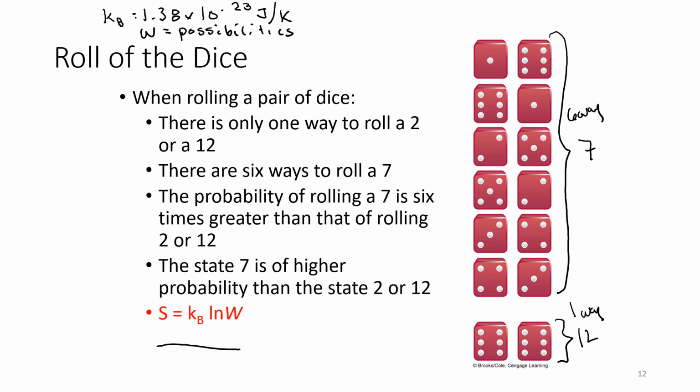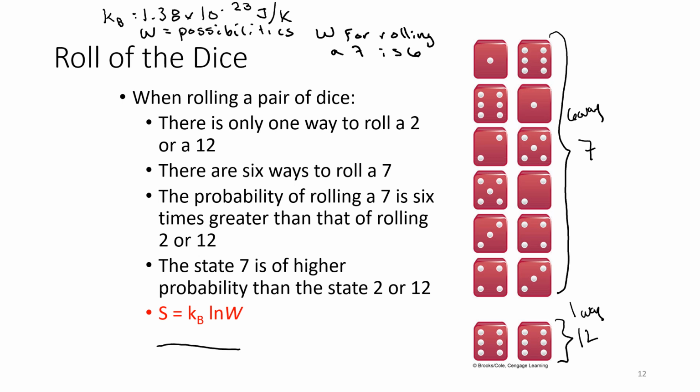All right, so what that means is that W for rolling a 7 is going to be 6, right? Because there's 6 different ways that I can do that. So what I'm going to do is calculate our entropy for rolling a 7 and rolling a 12. Our entropy for rolling a 7,